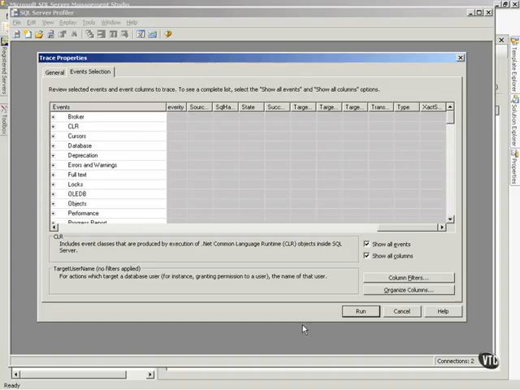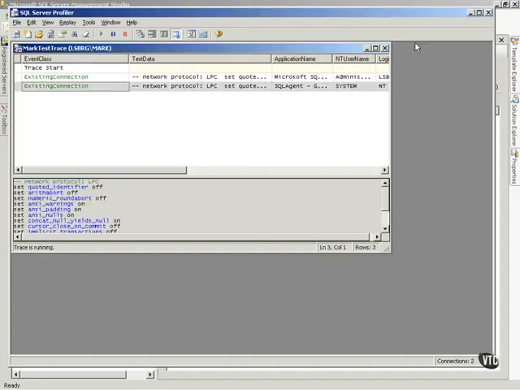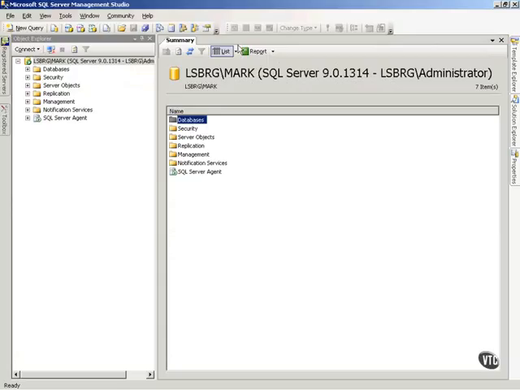Now in this second part video of using SQL Profiler, what I want to do is actually kick this off now. In the previous video we set this up and talked about the columns, events, and so forth. Now I'm just going to run this, and notice I kick it off and it's running now. Okay, so now what I'll do is minimize this, and then I'm just going to generate some activity on the